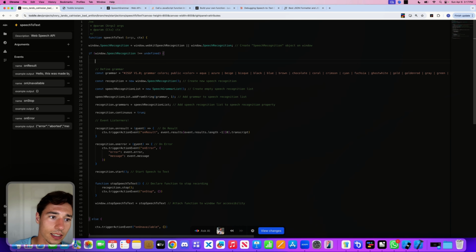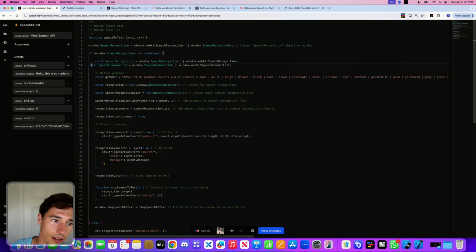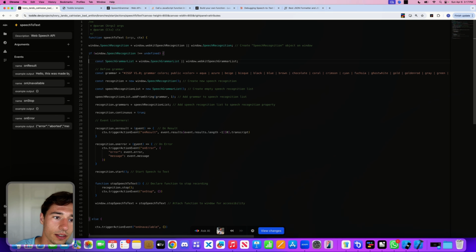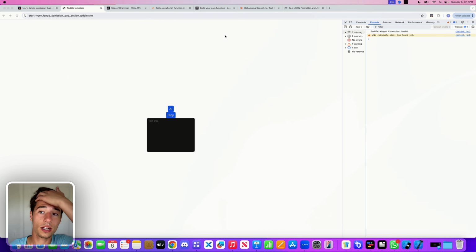Grammar. So we are defining this. Okay, so now we should have speech recognition. Oh, we already got that, right? So we don't need this, but we need to have this to create speech recognition object on the window. So now when I reload this,